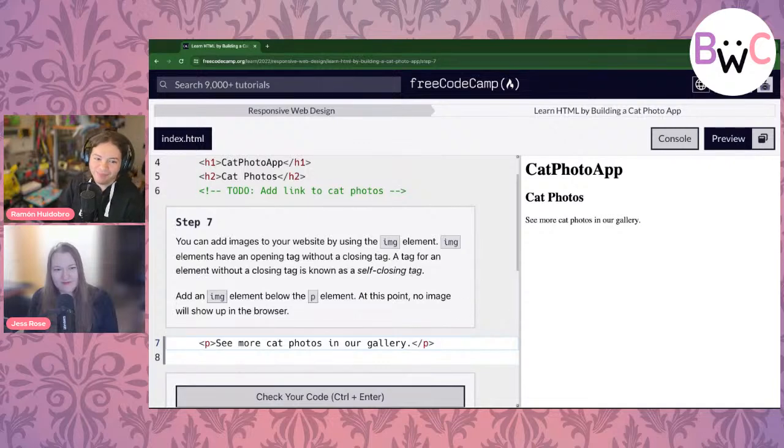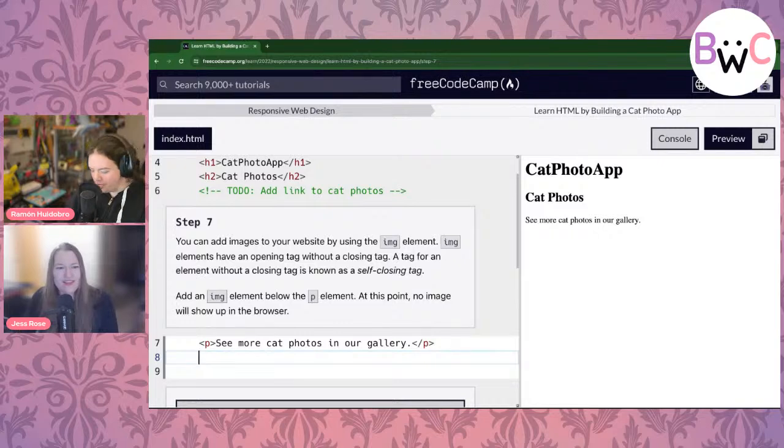We're going to be adding images next. Cats, cats, cats. Yes, please. Cool. So we're going to use the element called img, which is short for image element. Earlier it was like, all of your elements are going to have a starting tag and a closing tag. That was fibbing, because this is a self-closing tag.